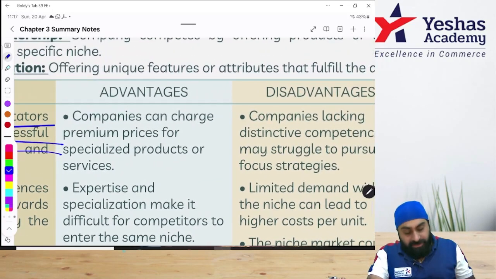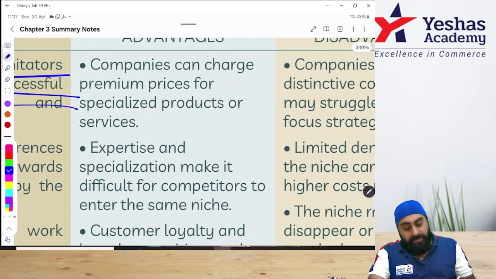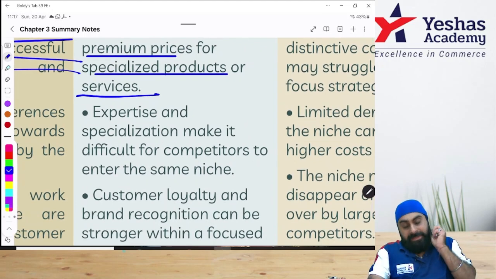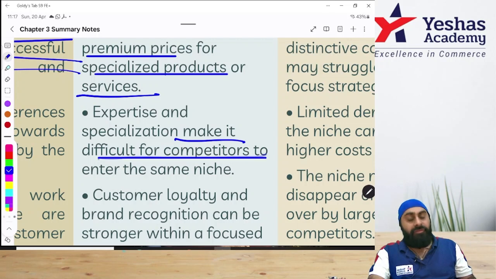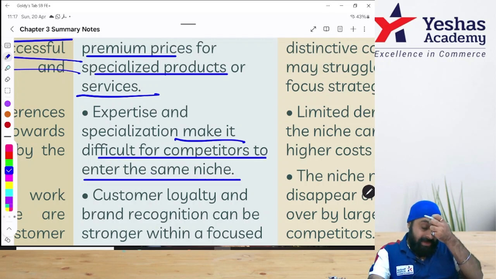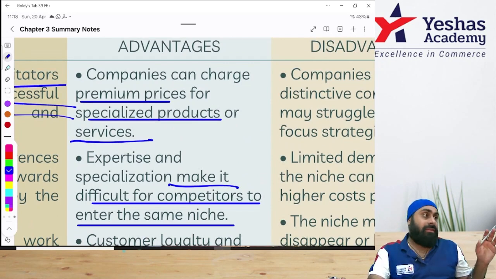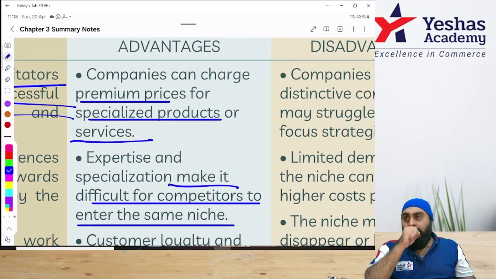What are the advantages of the focus strategy? Company can charge what? Premium prices for specialized product or services. Expertise and specialization make it difficult for competitors to enter the same niche. Both very interesting. Focus. Here, since you're focusing on one particular segment of the market, people who are lactose intolerant,